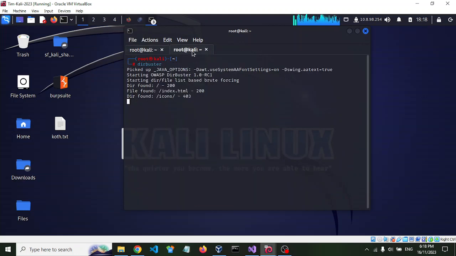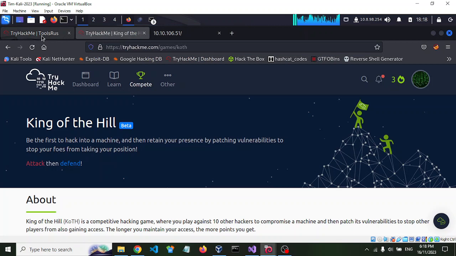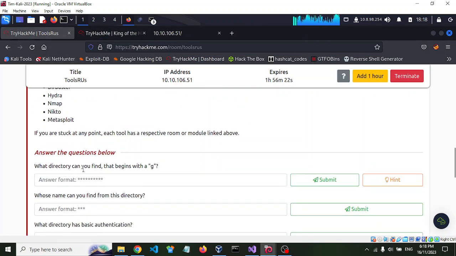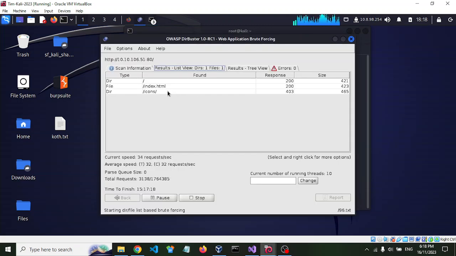So we'll see our dirbuster, all we found is index.html so far. And what are we looking for? What directory can you find that begins with G? Okay. So still looking for anything that begins with G. While that's running, we can also